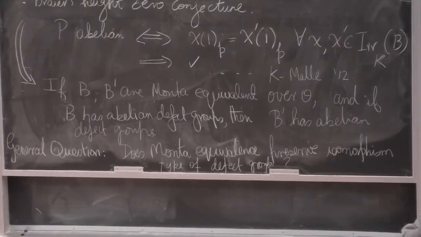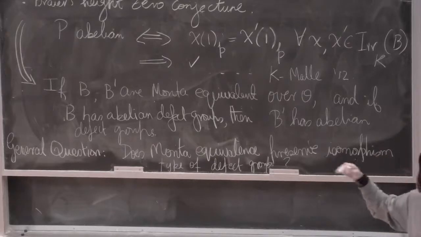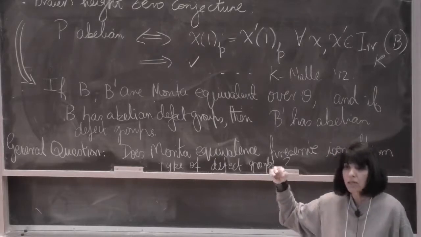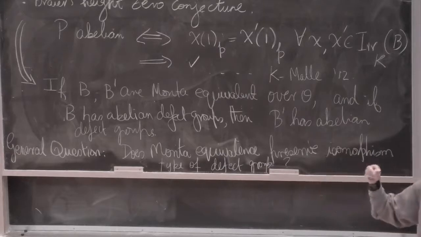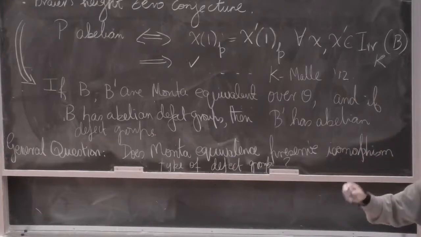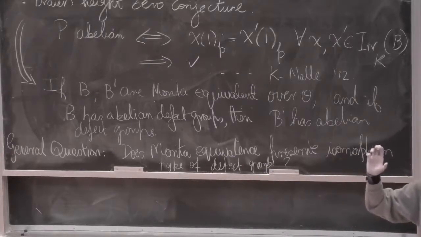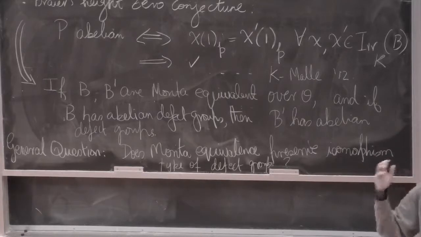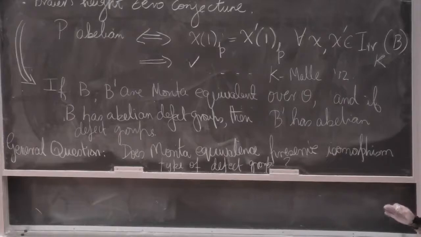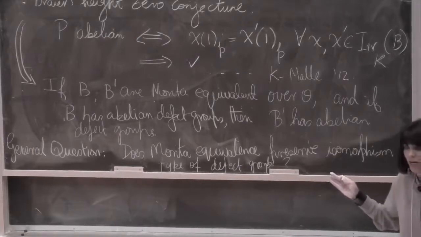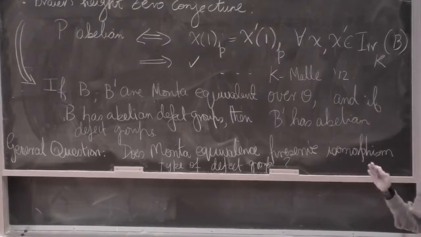Being Morita equivalent just means that kP is isomorphic to kP prime. And so if you want the defect groups to be isomorphic, you will come to this very old, hard problem. Namely, if you have two finite p-groups whose group algebras over a field of characteristic p are isomorphic, are the groups isomorphic? So the modular group algebra isomorphism problem, that is very hard,